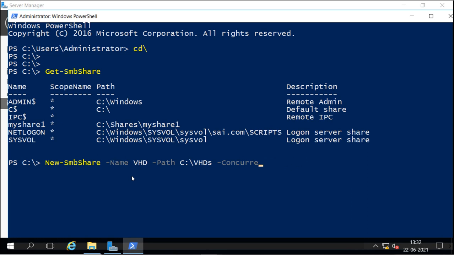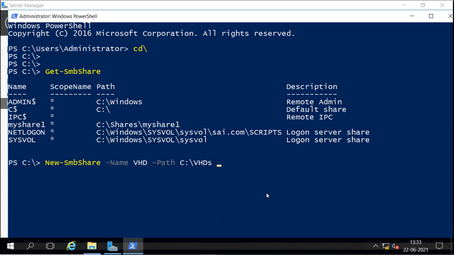We can provide a description if we like, or go for other options we can enable, or mention the account which we want to give access.